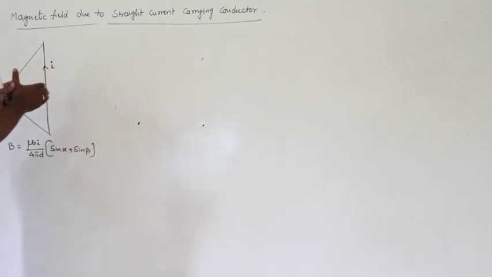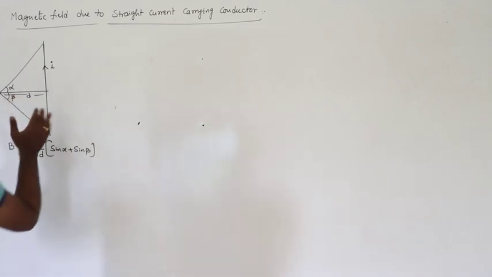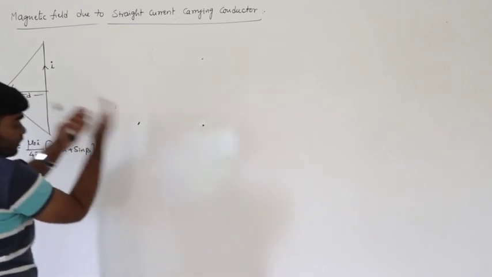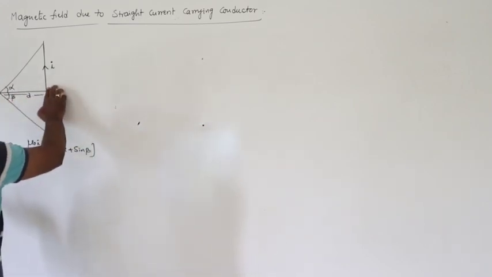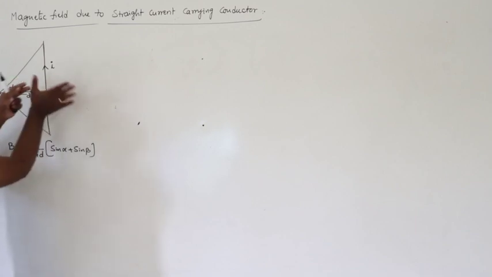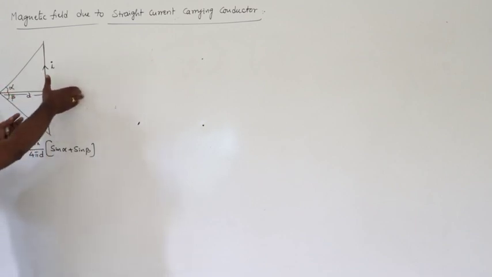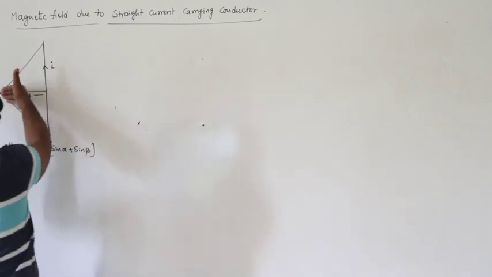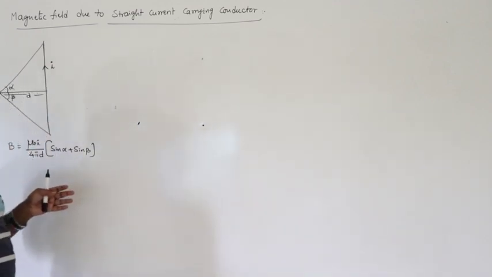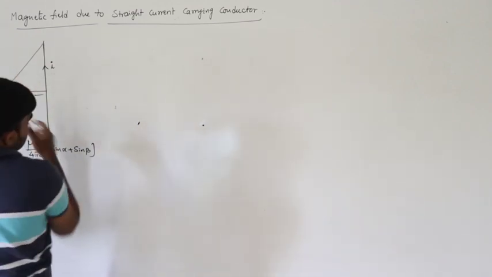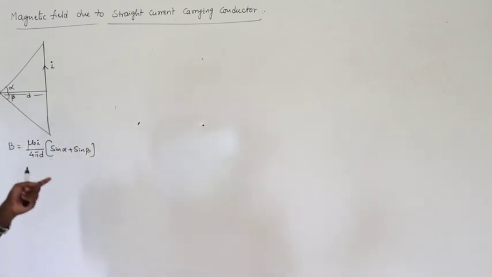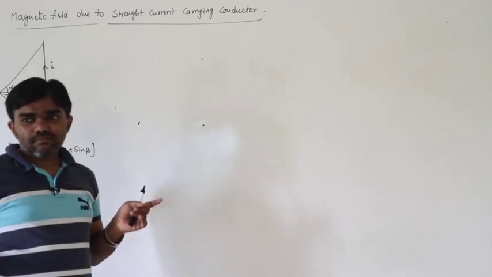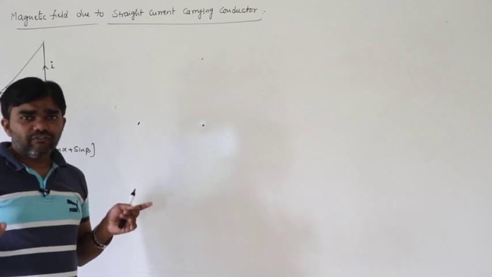So now, what is the direction of the magnetic field on the left? This is the conductor. We have the right side of the conductor and the left side of the conductor. See here, this is the thumb. On the right side of the conductor, the direction of the magnetic field is inwards. On the left side of the conductor, the direction of the magnetic field is outwards. So on the left side and right side, the direction of the magnetic field must be opposite, may not be the same.